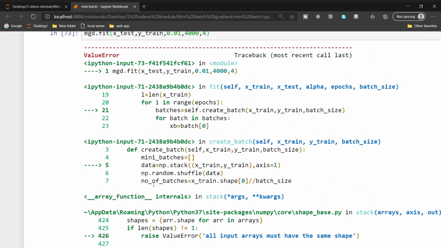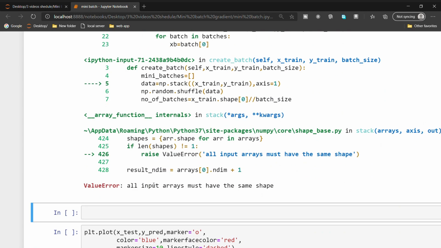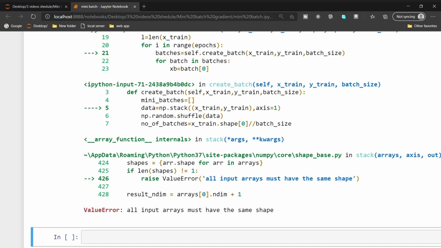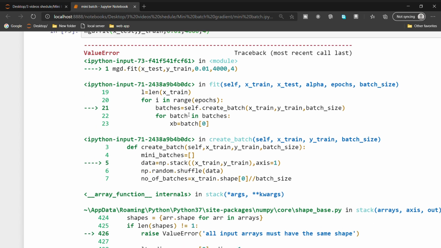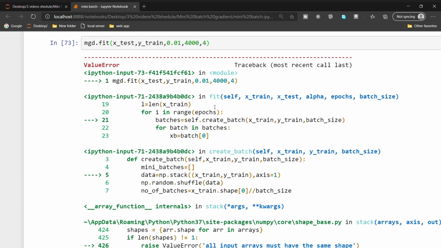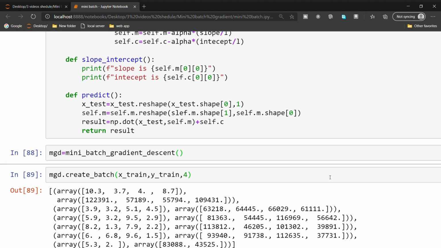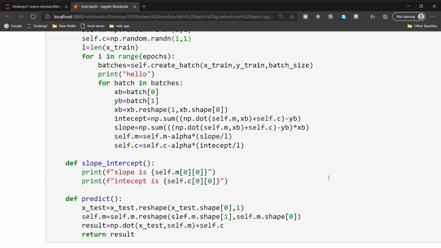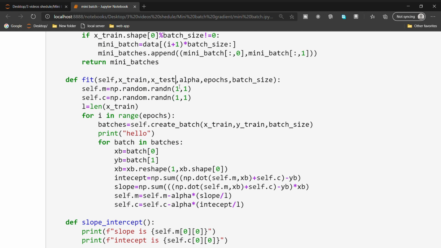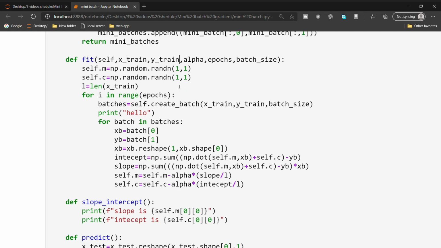We have some error. We got the error at stacking batches. Guys, we made another mistake. Let me show you that mistake. Here we are taking the x test, so here we need to pass y train.